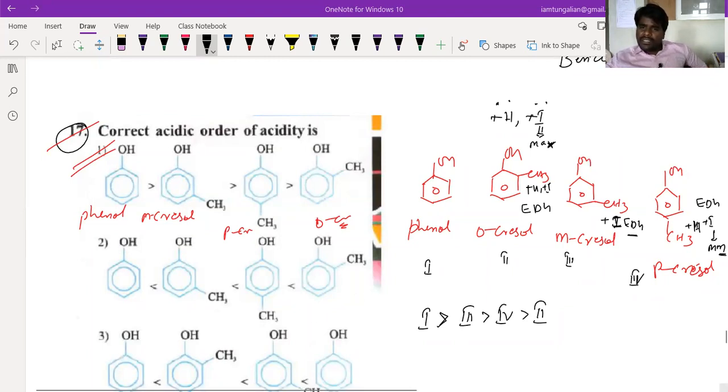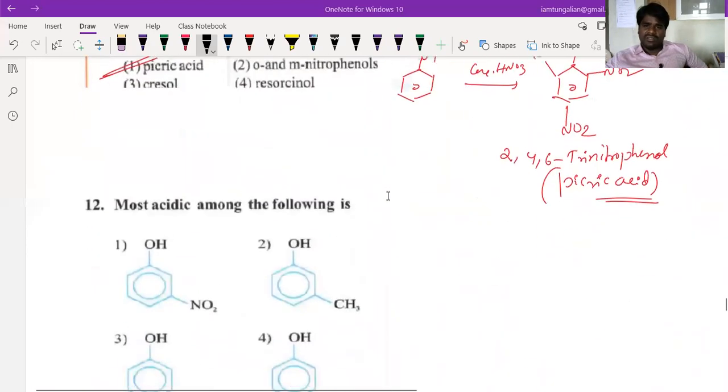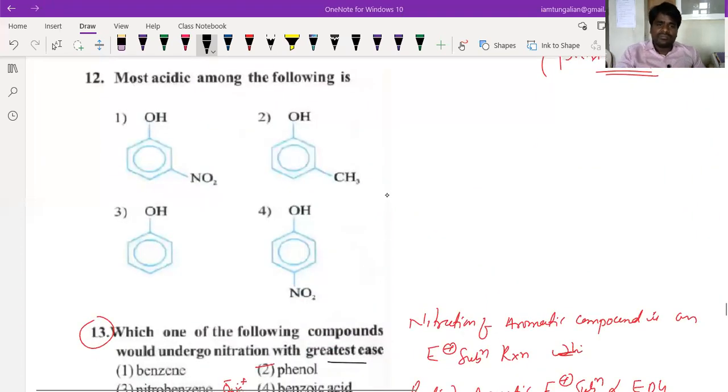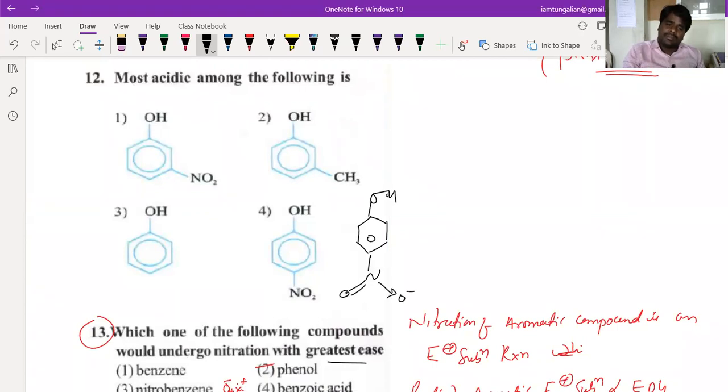Sir, in the 13th question, nitrogen also has a lone pair of electrons. Can it donate? See beta, here in the 13th question, nitrogen is not having a lone pair of electrons. See, in this compound there are no lone pairs of electrons on nitrogen beta. Because of this reason, this is electron withdrawing. Is that clear, Vinith?